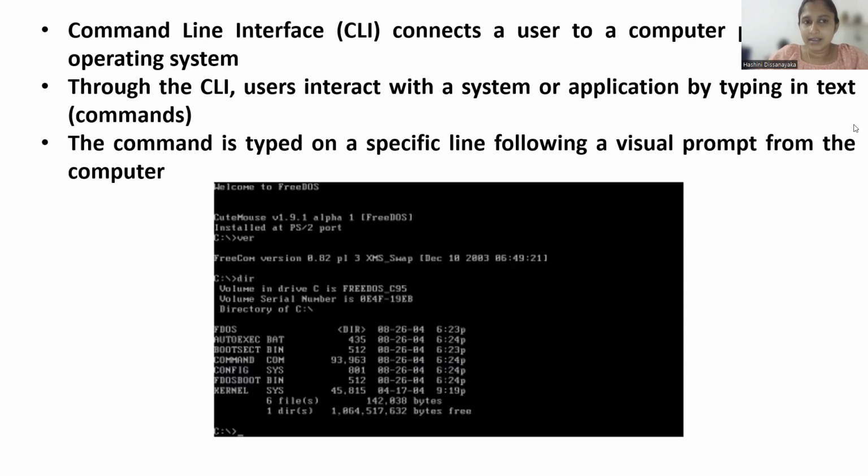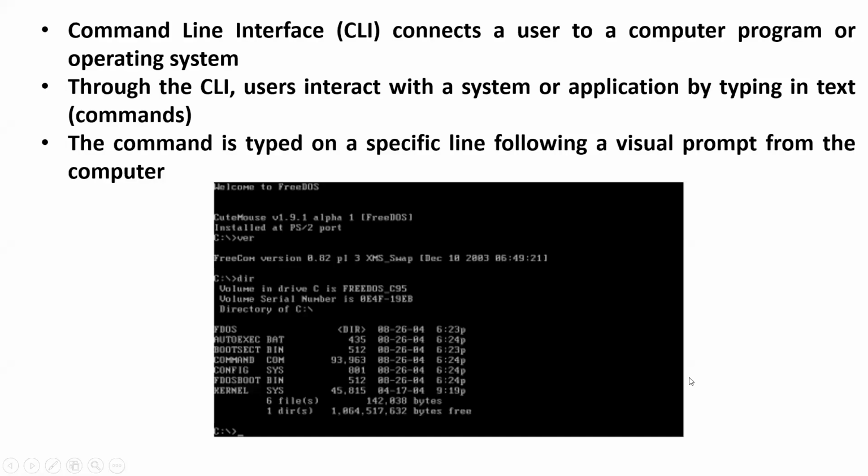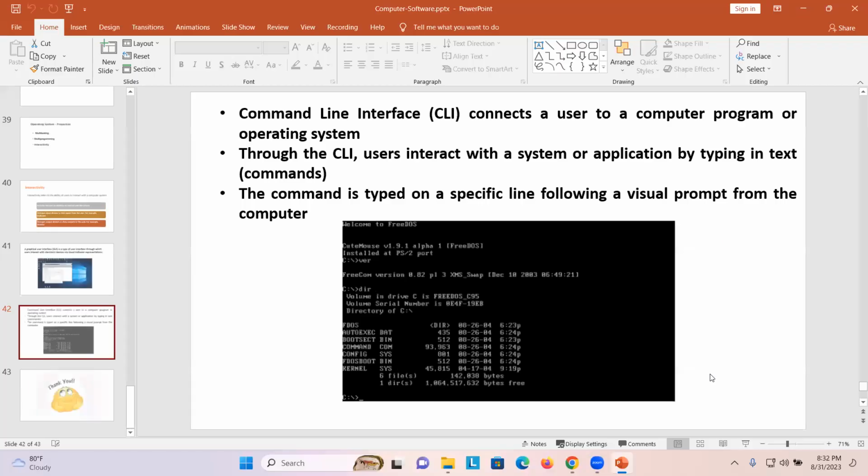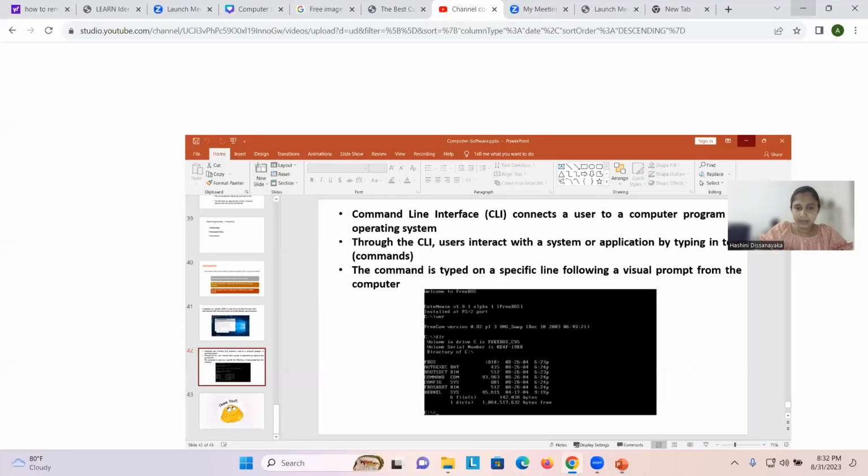In these command line interfaces, the user interacts with the system or application by typing in text commands, and the command is typed on a specific line following a visual prompt from the computer, right? It's already there. Each and every machine has the command line interface, right? You can simply search on the search bar to find your command line or the command prompt inside your machine, right? Here, simply you can search